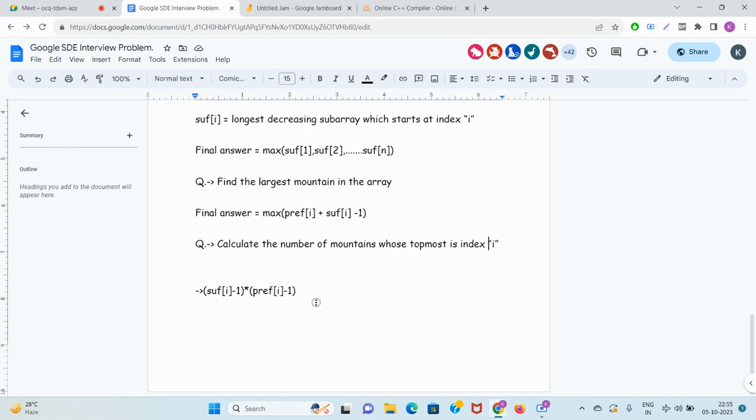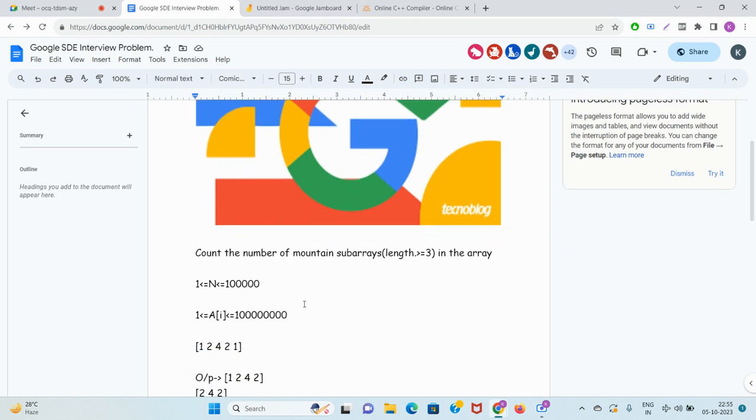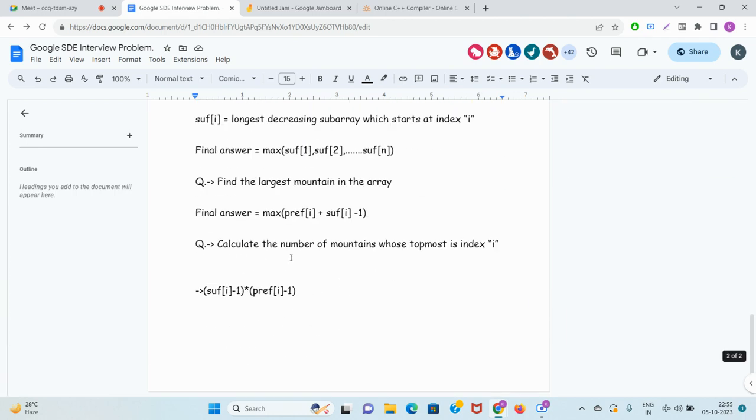The original question is nothing but you calculate the same thing for each index I and add it to the sum. So all the mountain subarrays will be calculated. Here I was calculating only for one index I. Similarly, apply the formula for all I, use a for loop, and the mountains for all indices I will be calculated. The work is done, solve the problem. 60 lakhs in your pocket